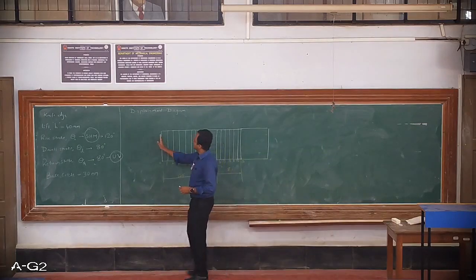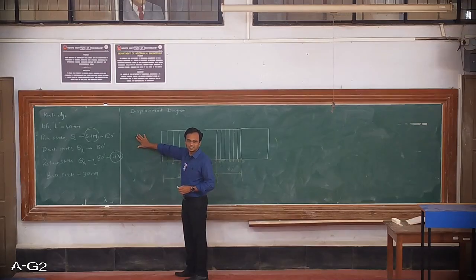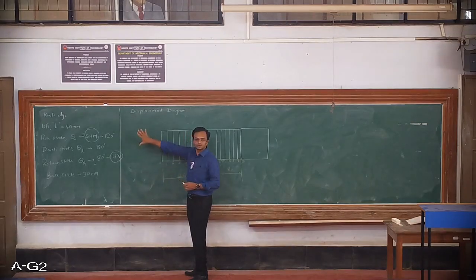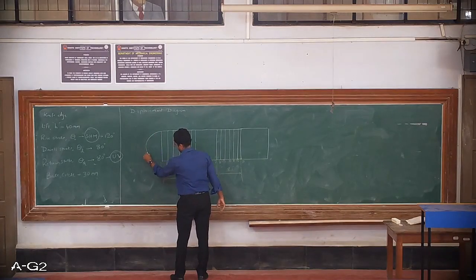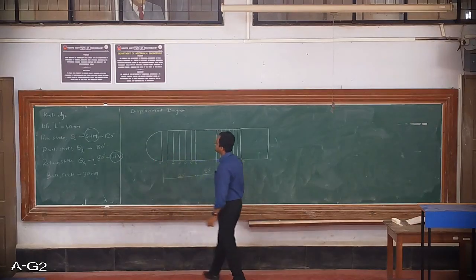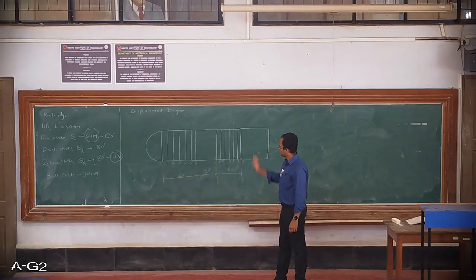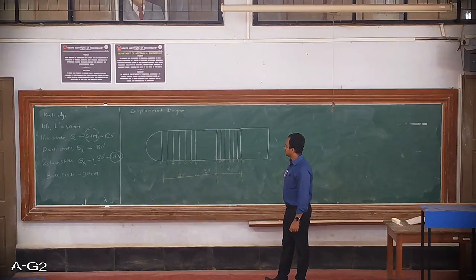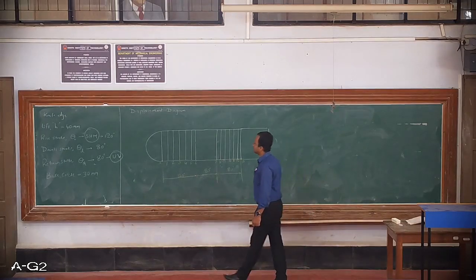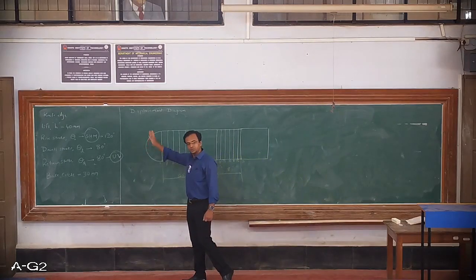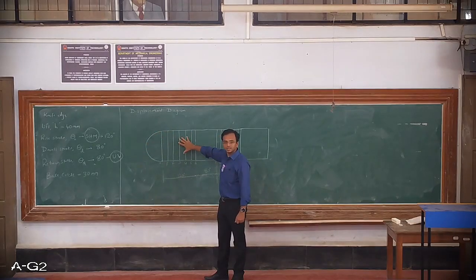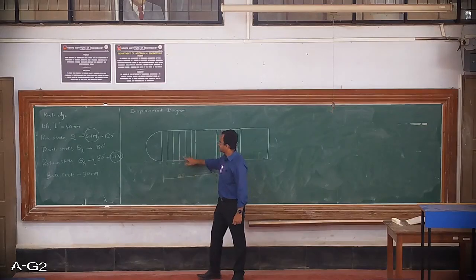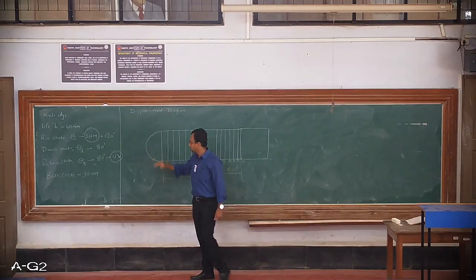I will be drawing a semicircle on the side of this displacement diagram. That's why initially I told you to leave some blank space over here. So I will be drawing a semicircle on one side of the displacement diagram. Then I will divide this semicircle into the same number of parts where I have divided in the rise stroke. That is, I have divided 6 parts here. I will also divide the semicircle into 6 parts.